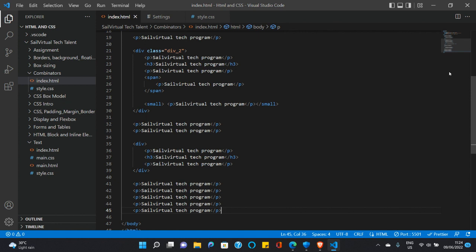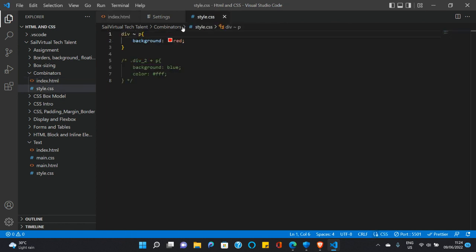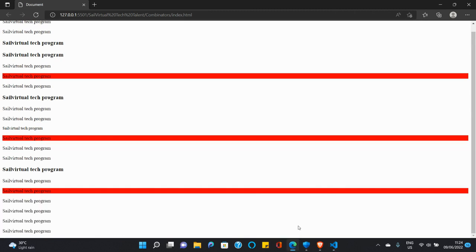So I hope with this we have a good idea of how this selector works. But then I think I'll just need to go over the adjacent sibling and the general sibling. So what we'll do now is we'll change this to the plus. So you can see what I said before. So now we've gone back to the